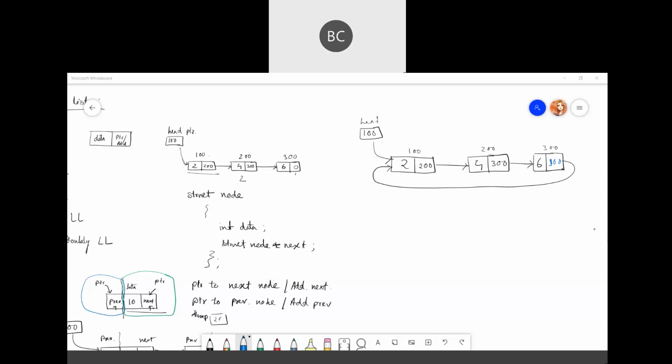In a singly linked list, for the last node, the address part is 0, null. But in a circular linked list, the last node connects to the first node. That means it won't be null. The last node will hold the address of the first node, which is 100. This is your circular linked list.